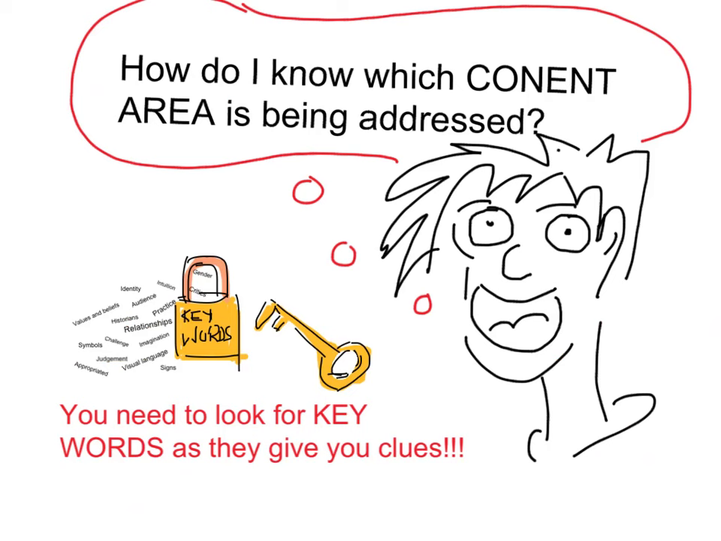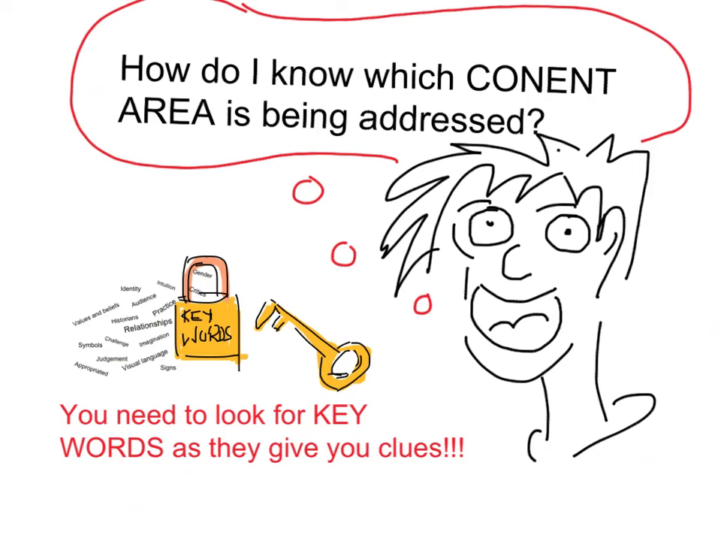So how do you know what content area is being addressed? Well, you need to look for the key words that are presented within the question, because these give you clues to what content area you're focusing on. So, for example, if you are given words such as practice in a question, you know that you'll be dealing with practice. If you're given the word relationships, it's most likely that you are going to deal with the conceptual framework, because it's concerned with the relationship between the four